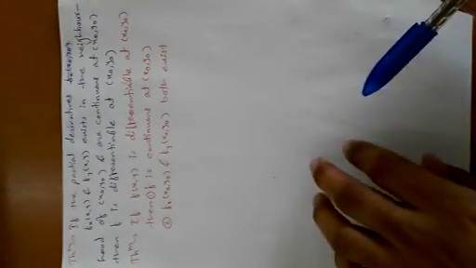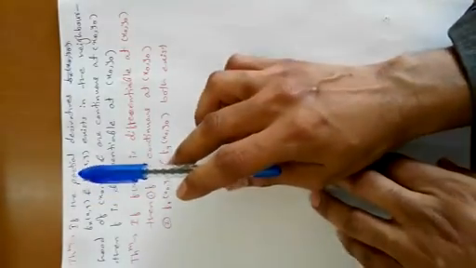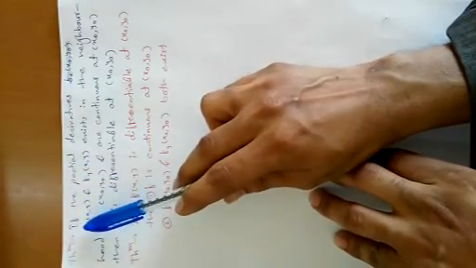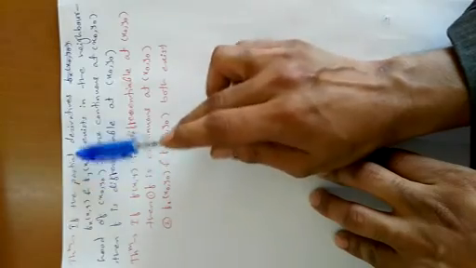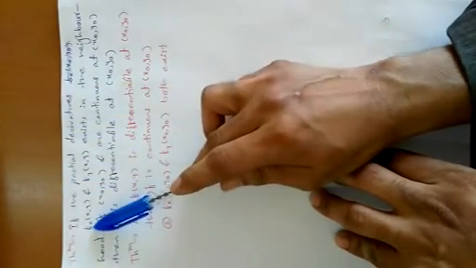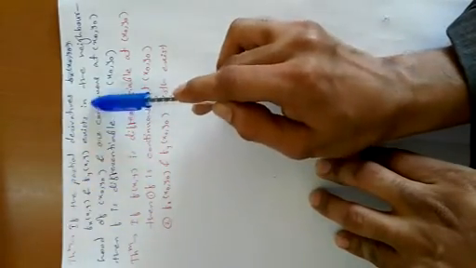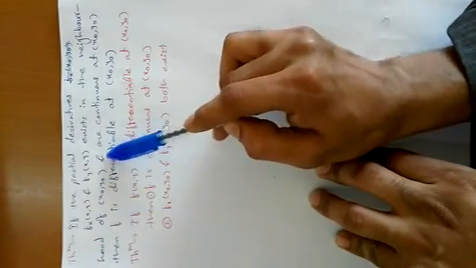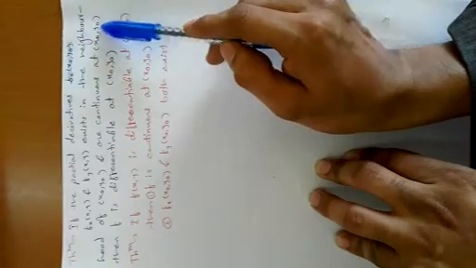Next, there is one theorem, statement only of this theorem. There is no proof in our syllabus. What is the theorem statement of this theorem? If the partial derivatives fx and fy exist in neighborhood of x0, y0 and are continuous at x0, y0.